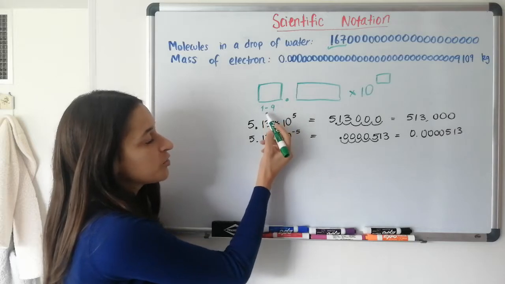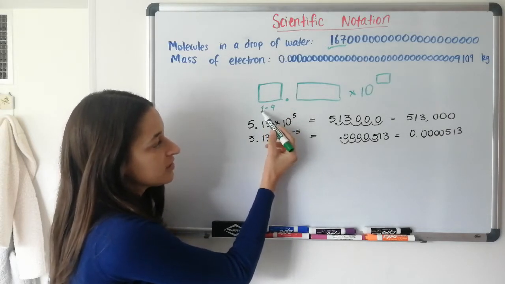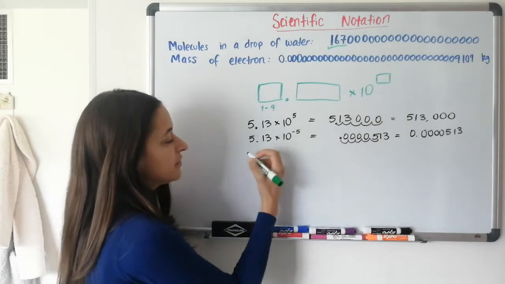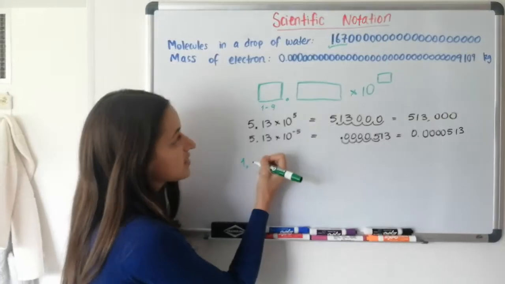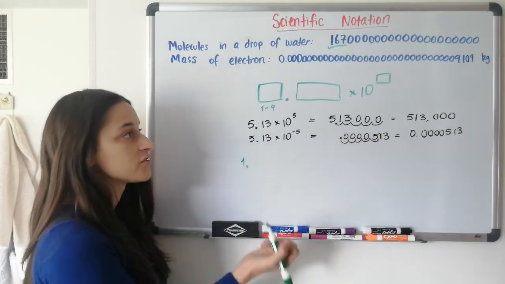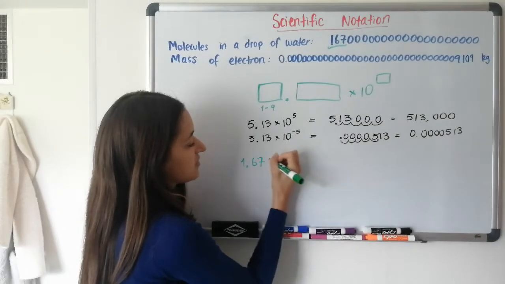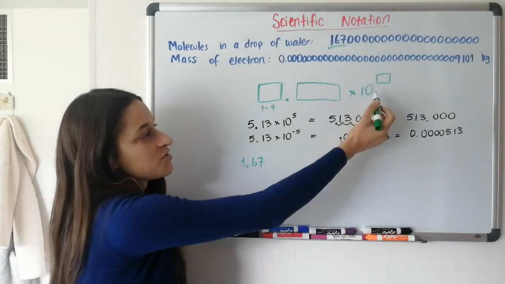We can only choose one number to go here on the left of the point. So that number is going to be our 1. So 1 point. And then the rest of the important numbers, we put them to the right of the decimal point. So that is the 6 and the 7. So 1.67. Now we put the times 10 to the,